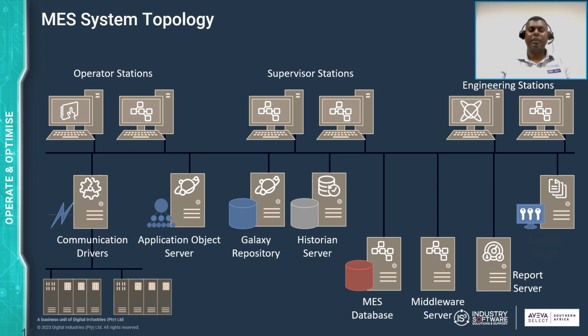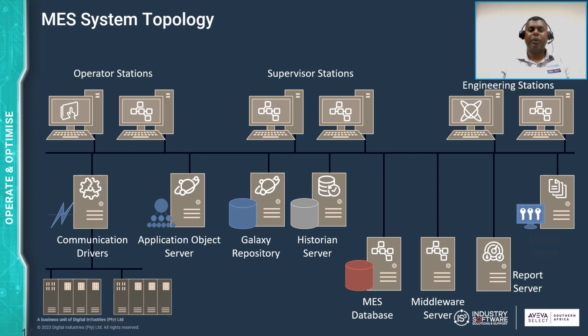The middleware server hosts the middleware host and allows other clients to connect through it. Typically, middleware host is installed on the application server or locally on client nodes. Each middleware host requires a license. The report server provides the content to the operators in the plant, office, and corporate users. Its source of information is from the MES database server. Intelligence components such as the intelligence server, database, reports, and MES reports should be installed on this node.